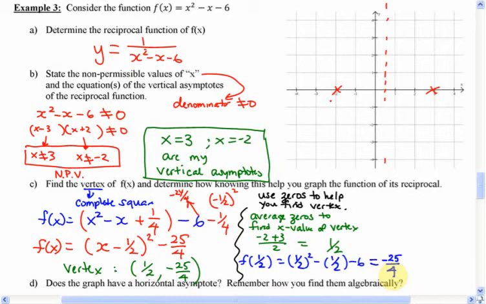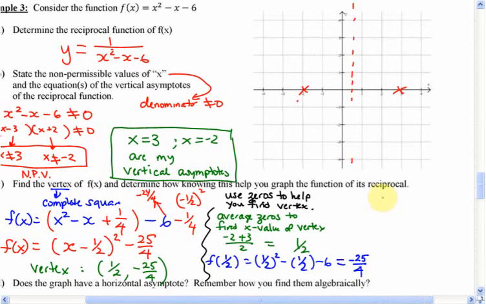Okay? All right. So once again, dear friends, it's the same thing. Now, remember, this is all just find the vertex. My question was find the vertex, and then how does knowing the vertex help you graph out the function of its reciprocal? Well, what do we know about one of the points on the graph then? So I'll say if the original point, and please write this down, is (1/2, negative 25/4), I'll say that the reciprocal point